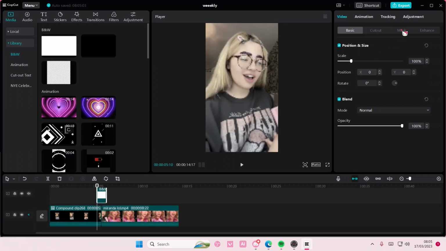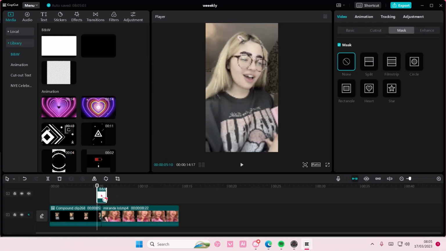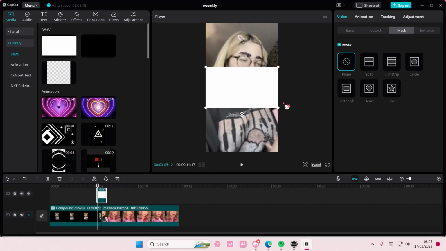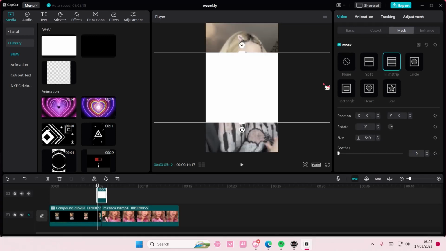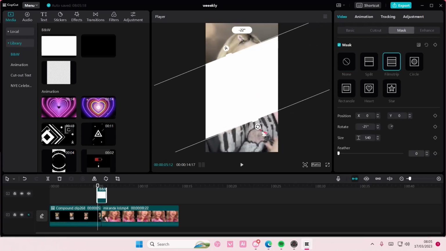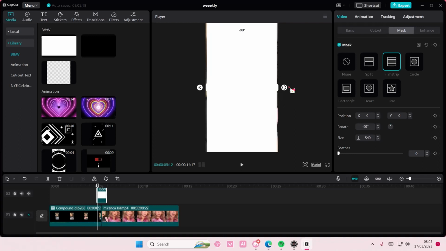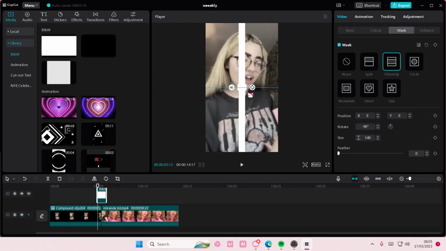Then you are going to select mask and you're going to select the film strip and you're going to just want to rotate that 90 degrees. Then you're going to want to make the line very short, very small, and you're going to want to feather that as well. And then you're going to want to add a keyframe at the beginning